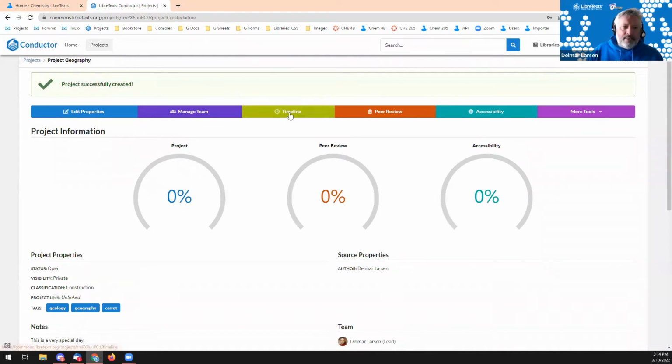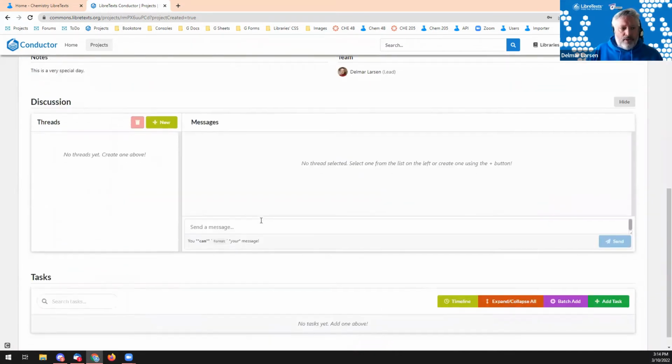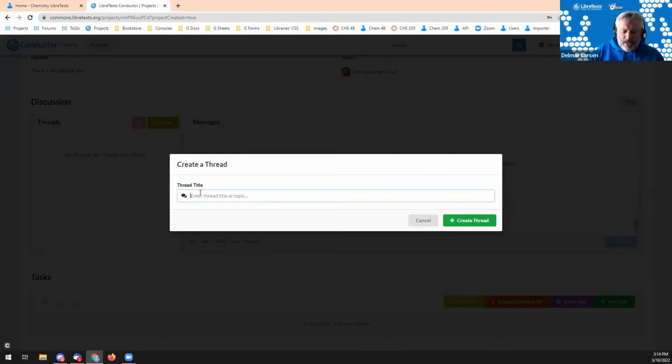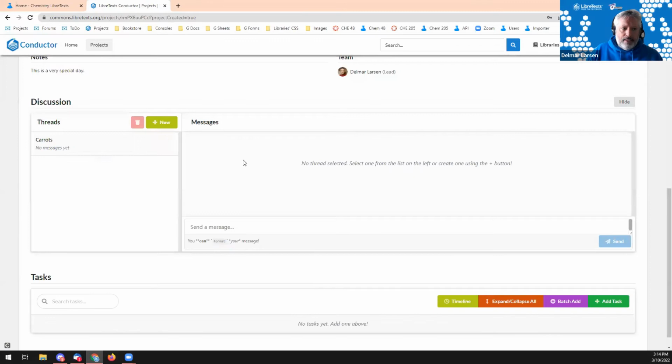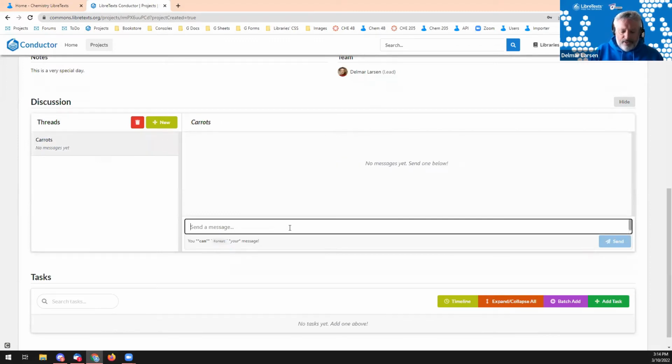The timeline is what we're going to be starting with, but first I want to go down here to emphasize two key aspects associated with what a conductor page applies to. One is a discussion thread. Now, a discussion thread, or threads, is meant primarily for discussion amongst the team, although it is a useful mechanism to keep notes, especially if you're the only member on your team. And you could talk about a thread, and I'm going to say this deals with carrots. And now I can make a series of topics like